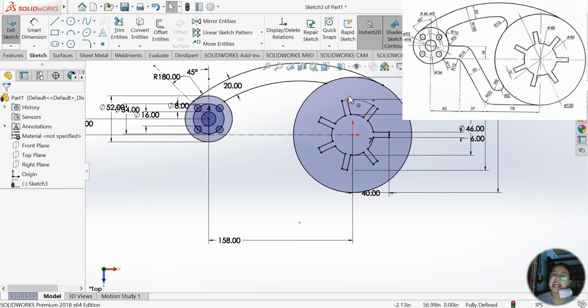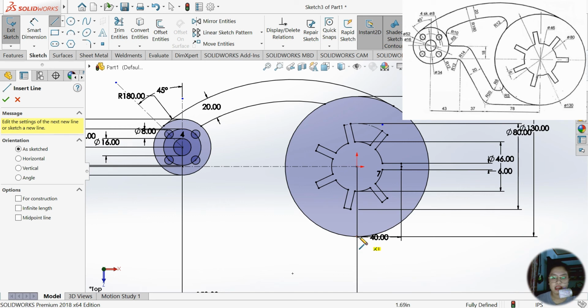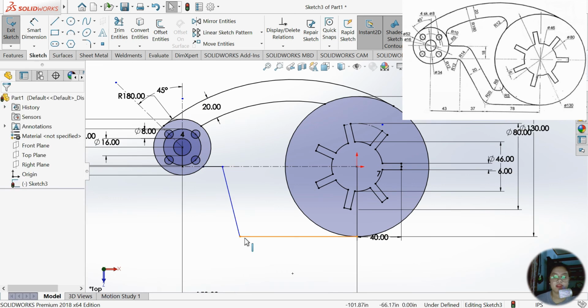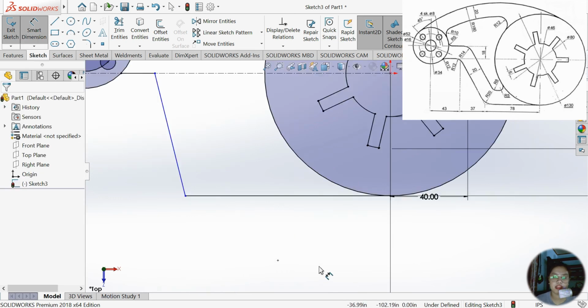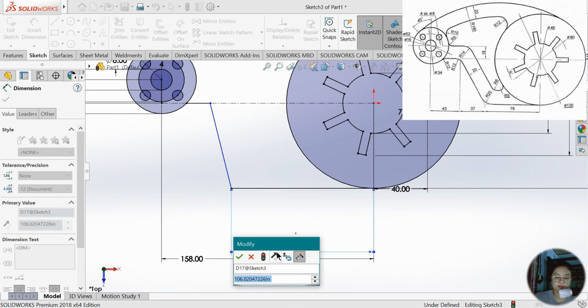So the next thing that we need to do is the lower part. So as you can see, we are almost done, but still not. So again, I will make a line here, a line here, a line here, underdefined, but still we will fix it later on. Smart dimension this line. This is supposed to be 78 in length,